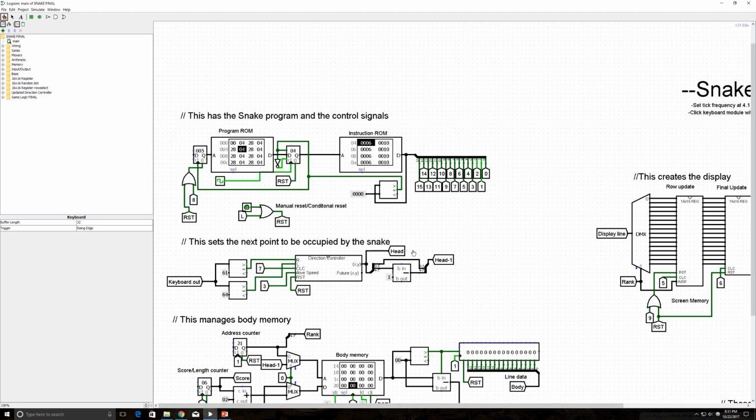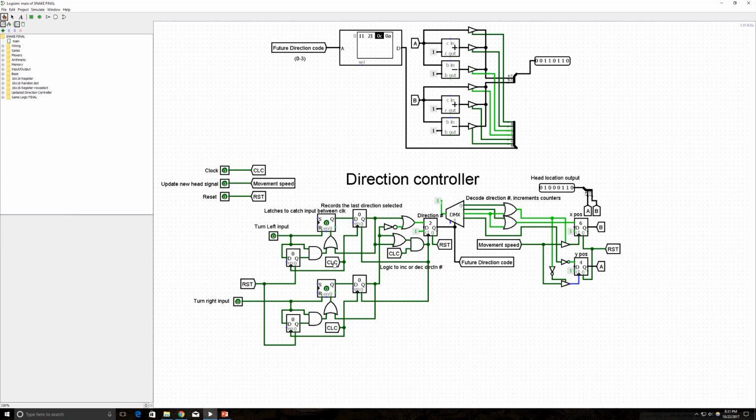And yeah, so that's going to be the head output. So let's go ahead and open up the direction controller real quick. We don't have to worry about everything up here. This is for the future direction, which I never ended up using. But down here is the direction controller. It's a mess of logic, but it basically consists of the turn left input that we saw outside, the turn right input,